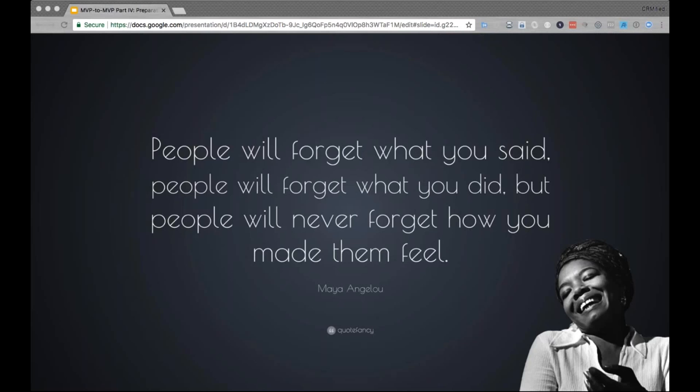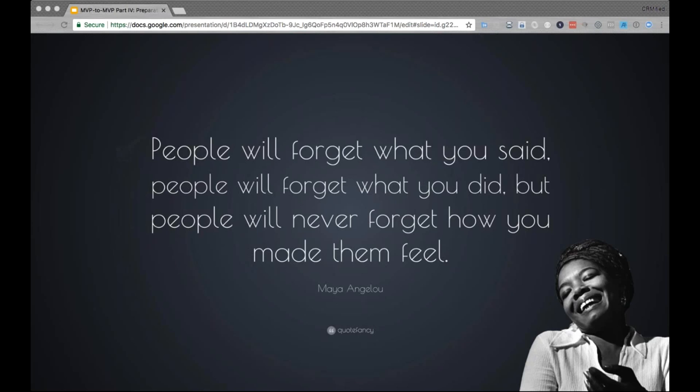So to get started, I thought I'd start out with a quote from Maya Angelou. A couple weeks ago, thanks to Facebook, I found myself participating in an elementary school reunion. Who does that? But it was hosted at my fifth grade teacher's home, and the following day, Mrs. McFarland posted all the pictures that we had taken the day before, along with this quote from Maya Angelou, which pretty much aligns to the presentation skill, or one of them, that I've been practicing for a couple months now